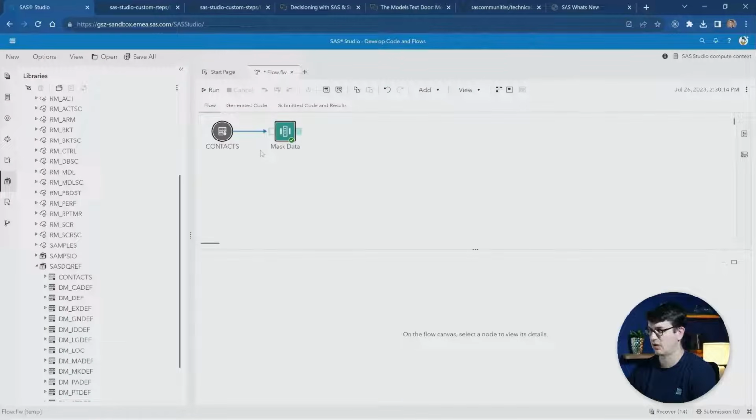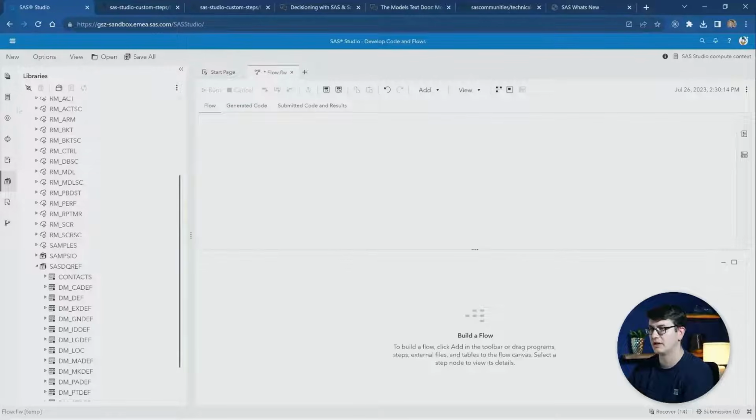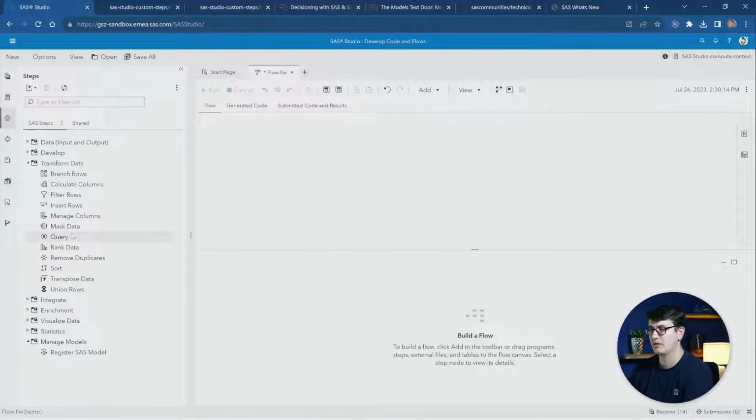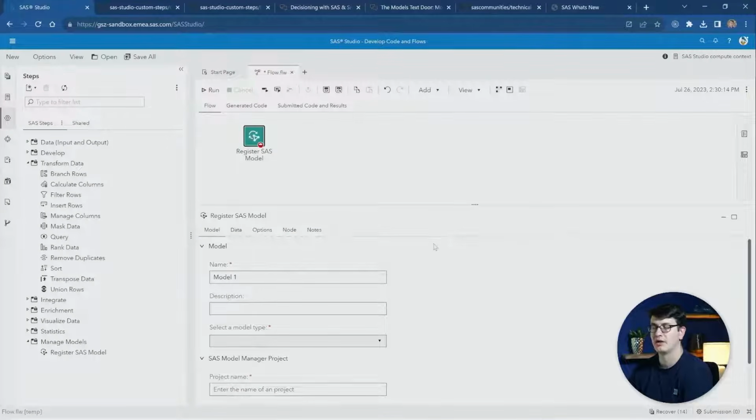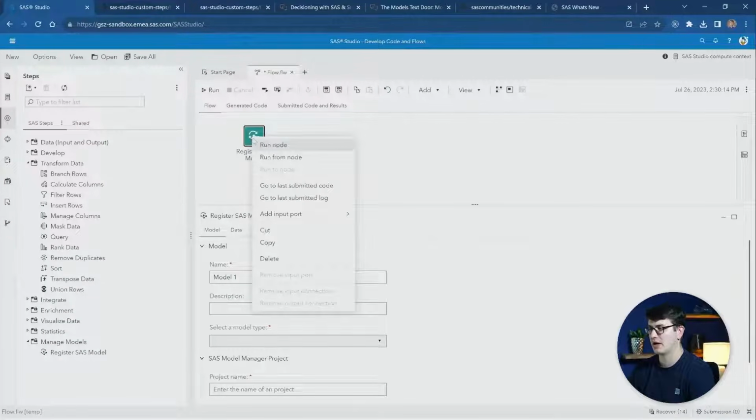Let's clean up our slate in the flow. And let's go back to the steps menu. And a new category has been added, Manage Models. And we have one new step, Register SAS Model. Let's drag this into our flow. And here we can now specify new models that we want to add to SAS Model Manager to be registered and versioned there. So we will first go ahead, as we will be connecting an analytical